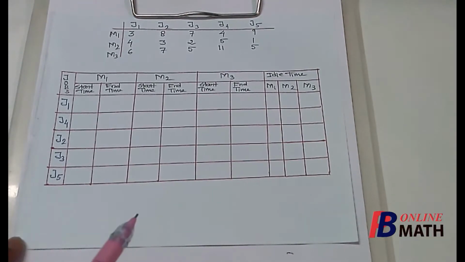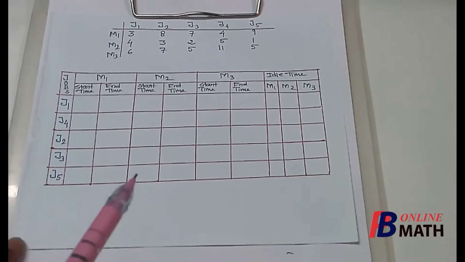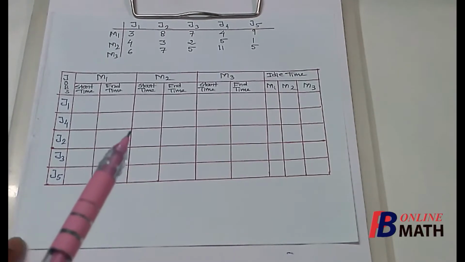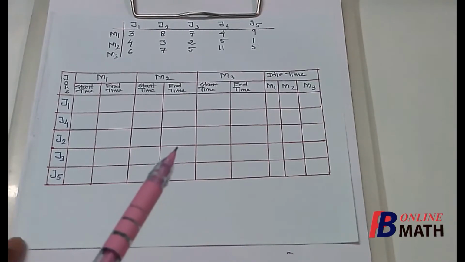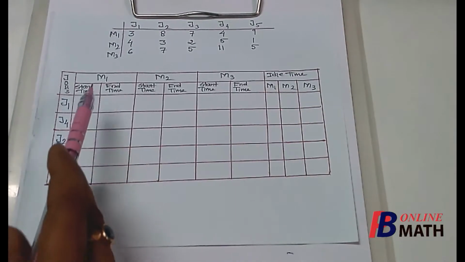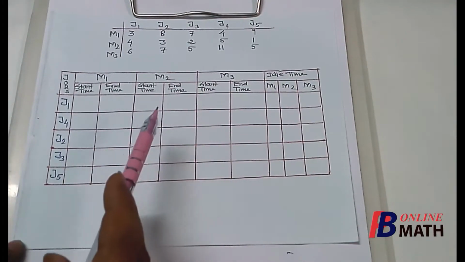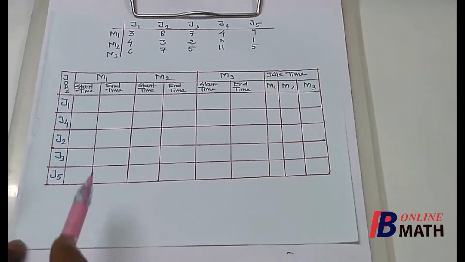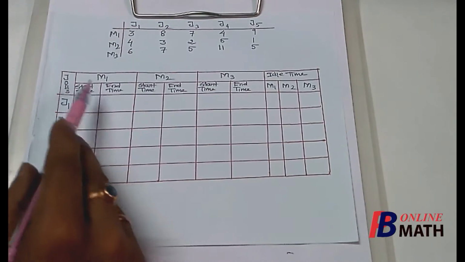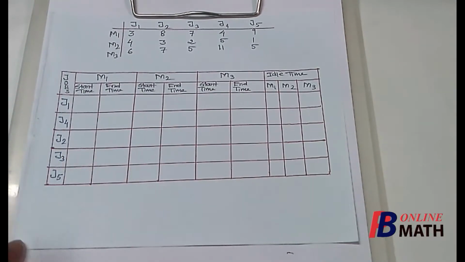Once the optimal sequence of jobs is obtained, now we can move back to the original problem of 5 jobs on 3 machines. So here we have to find the start time and end time for each job on the machines, and also we shall find the idle time. And remember that the machines are placed according to the original sequence of machines, which will be given in the question. Now first we find the start time and end time for machine 1 for each of the jobs.